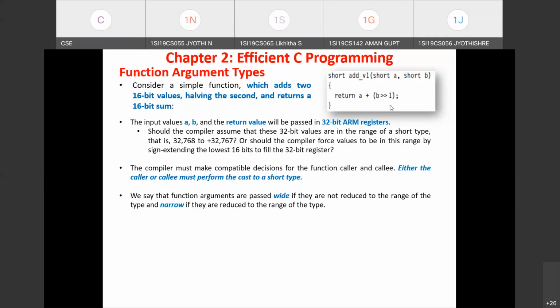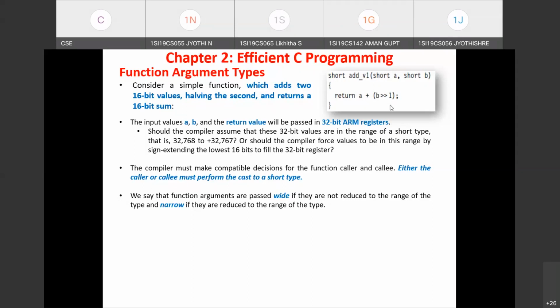So if you look at the compiler output, that is the assembly output for the C code, it may be different for different compilers. If you analyze the assembler output generated for this simple C code, you can easily find out what decision the compiler has taken, whether it has assumed that the formal arguments are passed wide or narrow, or whether the return value has been passed narrow or wide to the calling function.